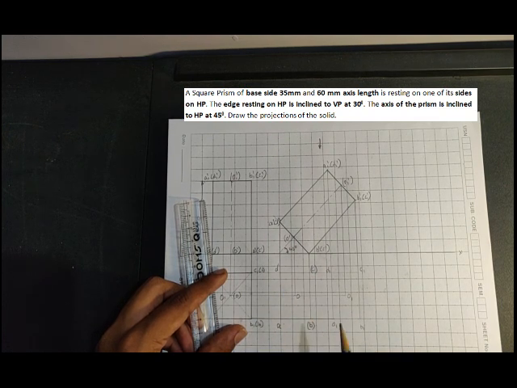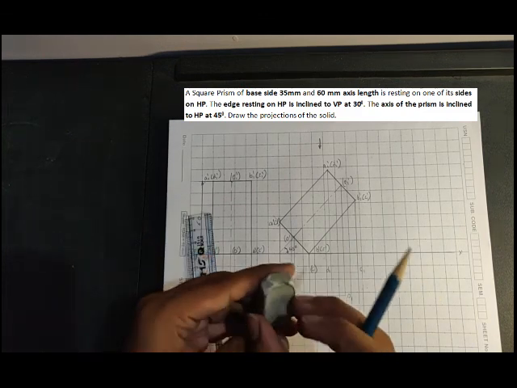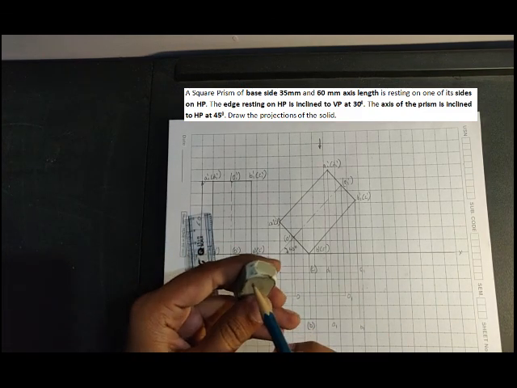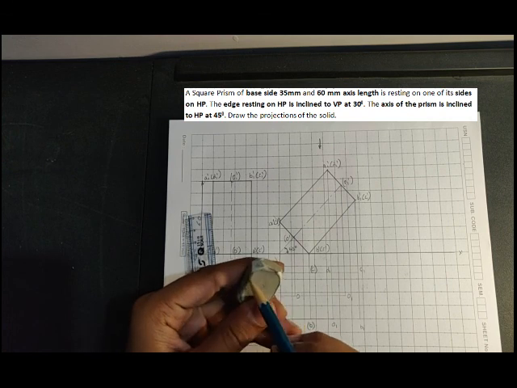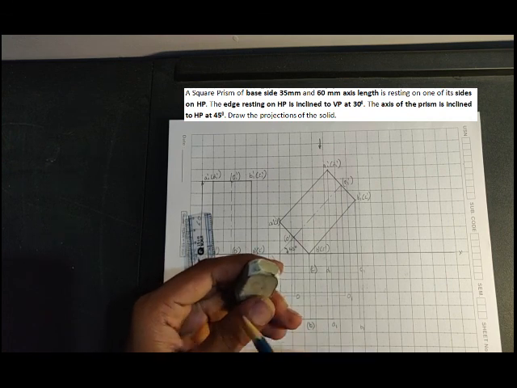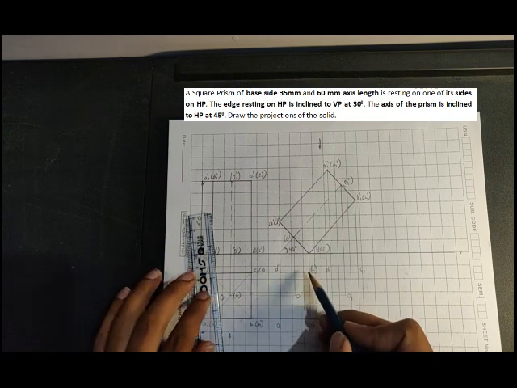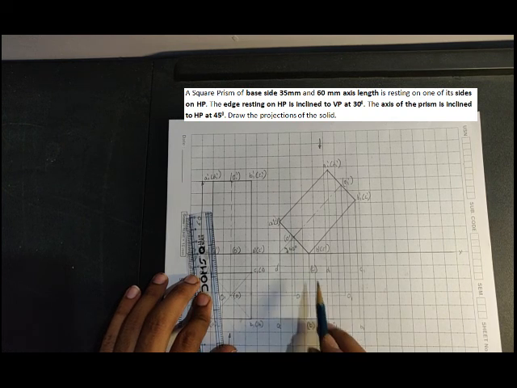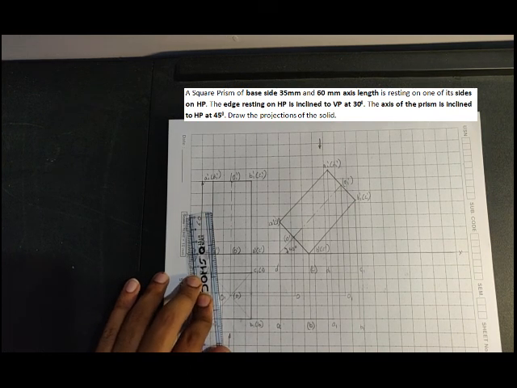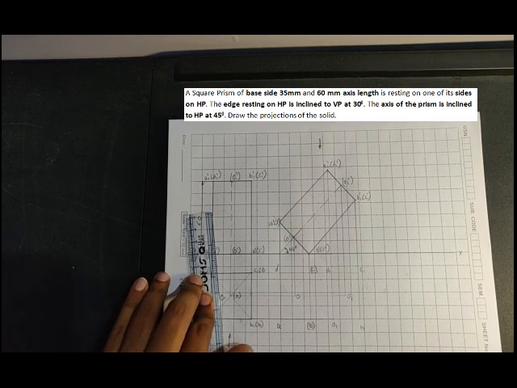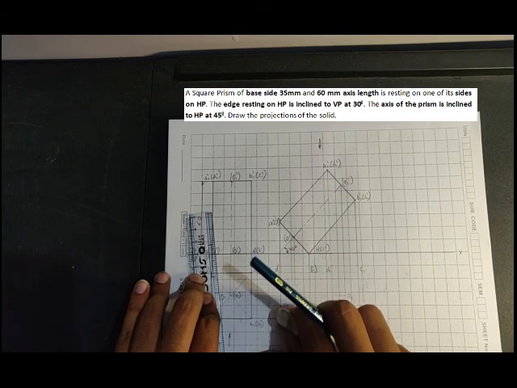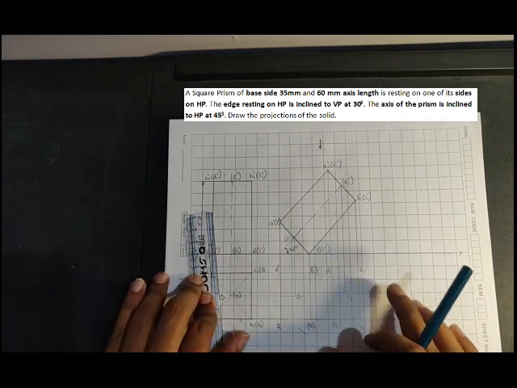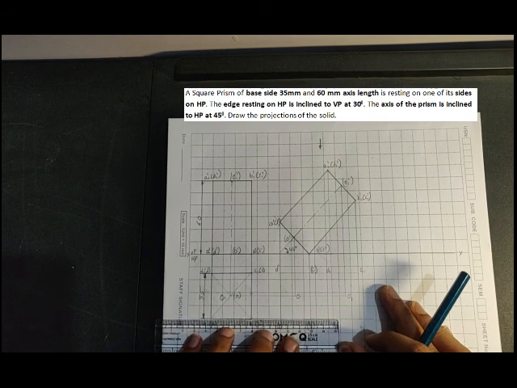You need to understand, in a prism you will have any corner is having 3 edges. So if I consider this corner 1, 2 and 3, for any corner you have to identify this. So for C or for B, let me start with B. For B it is A to B, B to C and B to B1. These are the 3 lines here. So what I need to do is I need to join these lines by hidden line. Any line joining these lines are hidden.